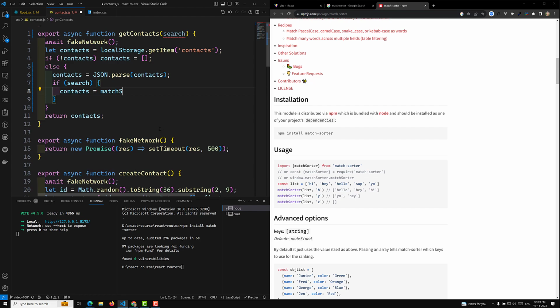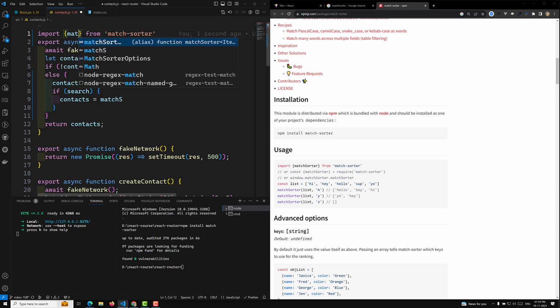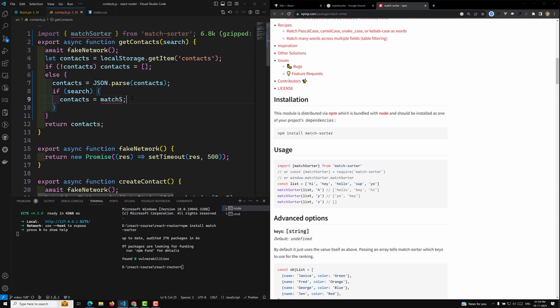So here what I can say is, import match sorter from match sorter. Okay, match sorter. Let's try to see whether we are getting it or not. Yeah, we are not getting it. So match sorter of